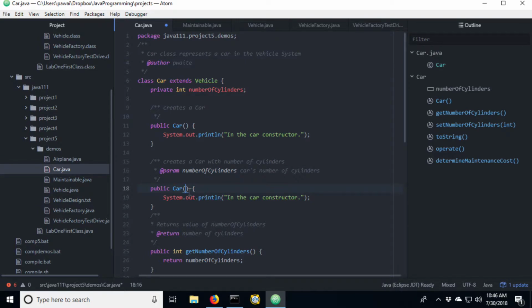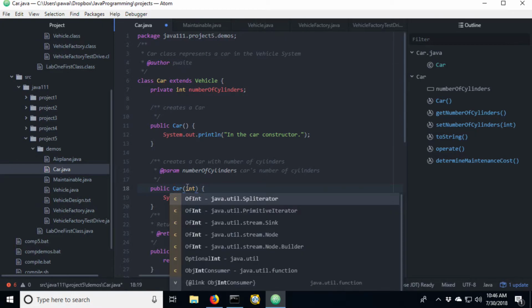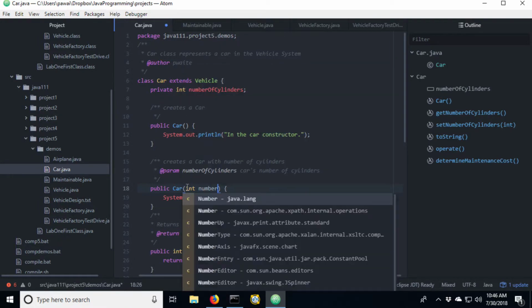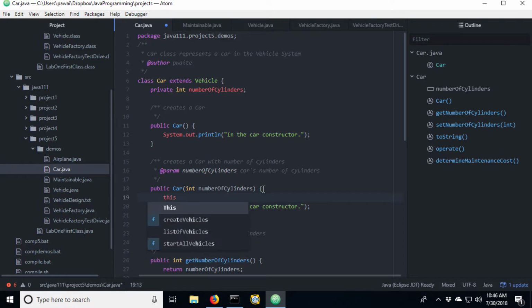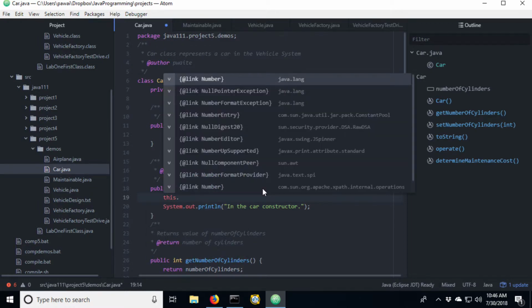And this is just like when we added a setter. So we have to think about what is the type of the thing that we're passing in, which is going to be an int, and I'm going to name it numberOfCylinders, and I'm naming it exactly the same as what the instance variable is. And some of you might think, oh, that's dangerous, but I'm going to use the this keyword in order to differentiate the two.